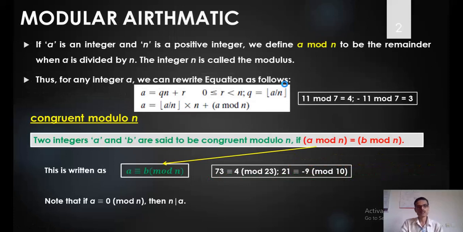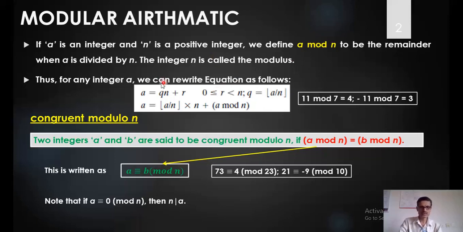Now what is the mod function, what exactly does it give as output? The mod function always gives the answer which is the remainder of the division operation. Assuming that a and n are positive integers, we define a mod n as the remainder we get by dividing a by n, and we call n the modulus.